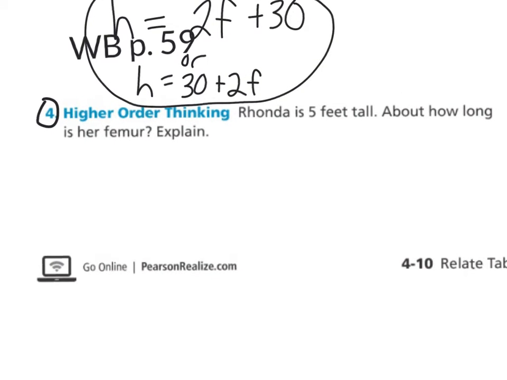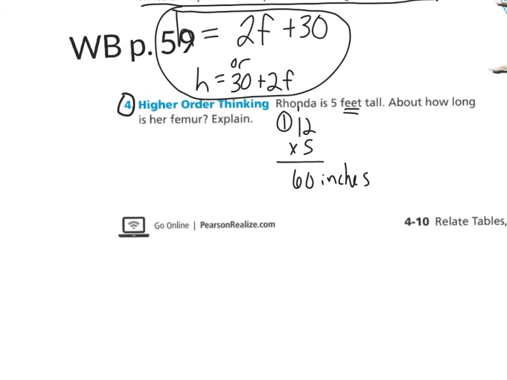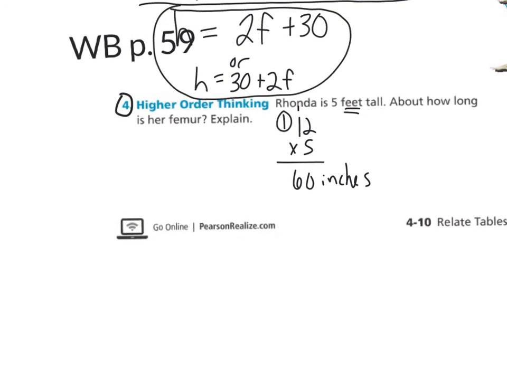Rhonda is 5 feet tall. About how long is her femur? So what we want to do, we want to think about if she's 5 feet tall, everything else was in inches. So we want to change that feet into inches. So 12 times 5, that would be 60 inches. Okay, so she's 60 inches tall, and we want to figure out